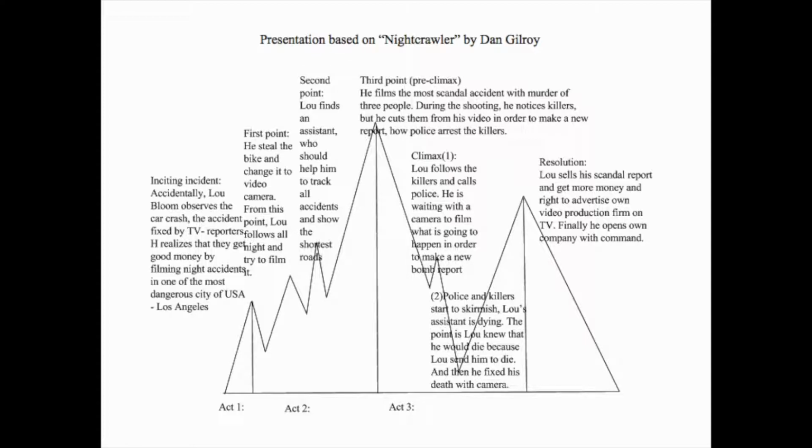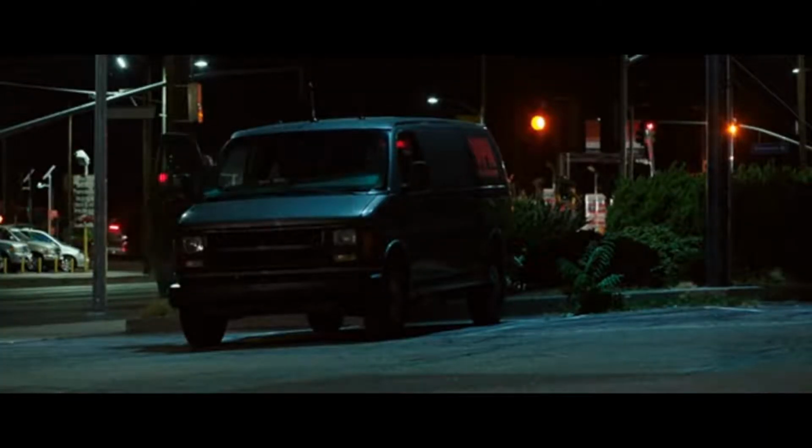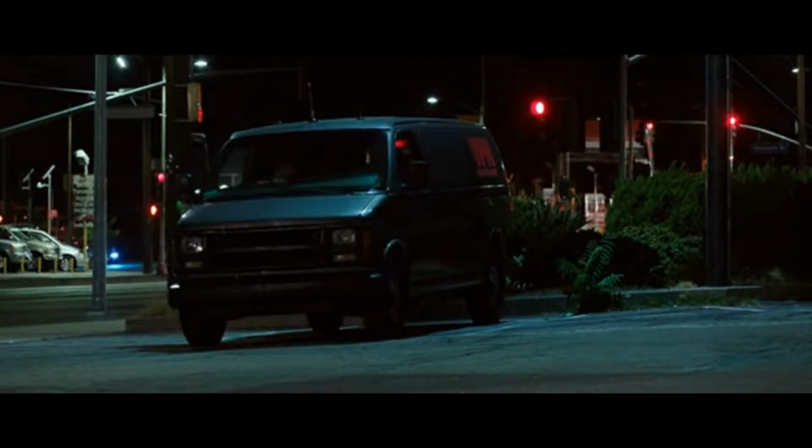The film Nightcrawler has a simple structure from the beginning to the end, and the film finishes with a resolution. After the climax point, the tension decreases and leads to the conclusion. The last shot of the film, the night city, is a logical conclusion connected with the resolution of the film. It shows again that Lou made his own company, and this scene shows that the new company starts